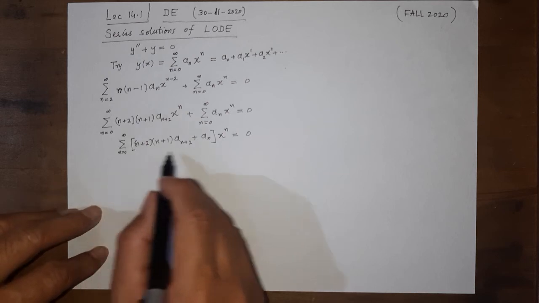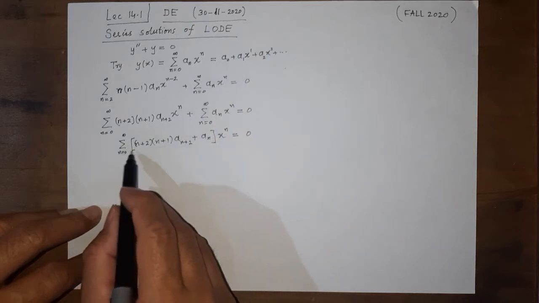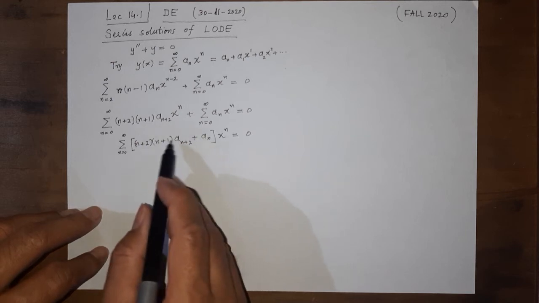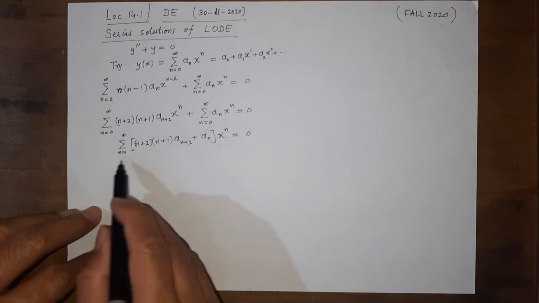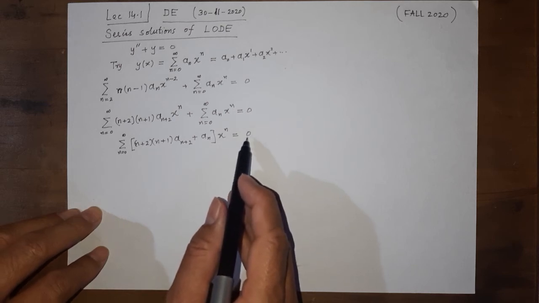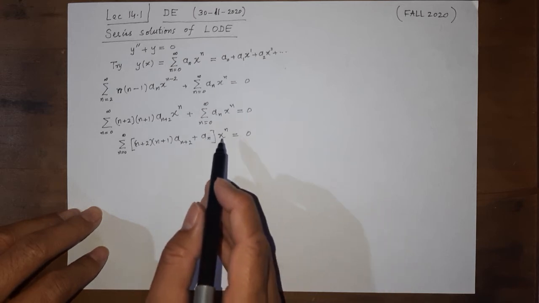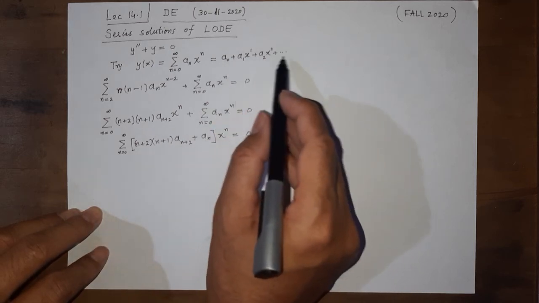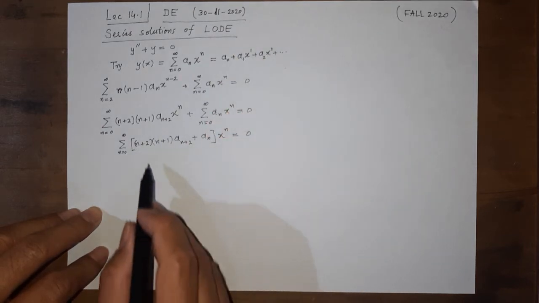So when we have a series equal to 0, if we put values of 0, 1 and 2 in here, we get coefficients of the terms x0, x1, x2 and so on. A whole series can be equal to 0 either if x is 0, but taking x as 0 is a trivial solution and we are not interested in that. So a whole series equal to 0 means all these coefficients are 0. I hope you can see that.